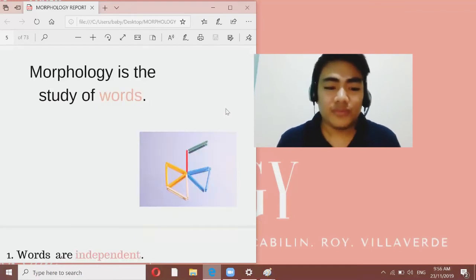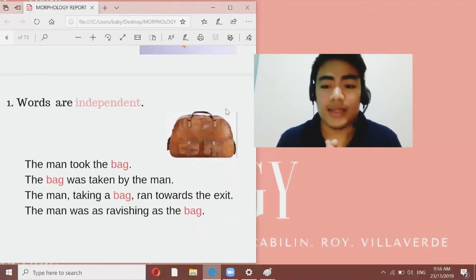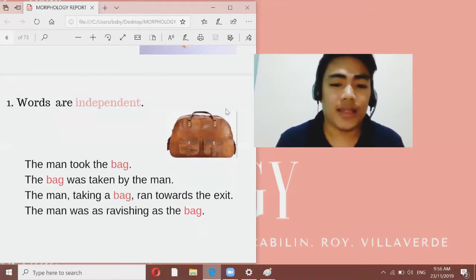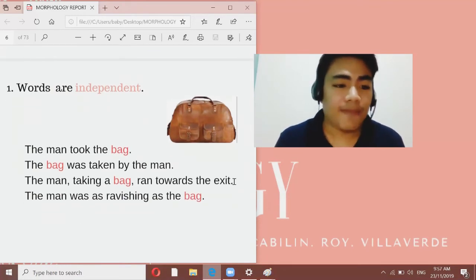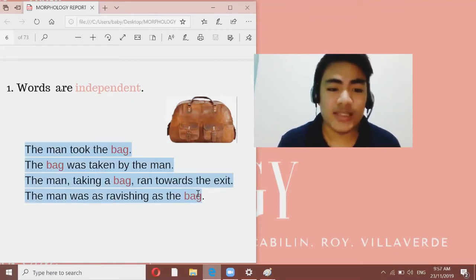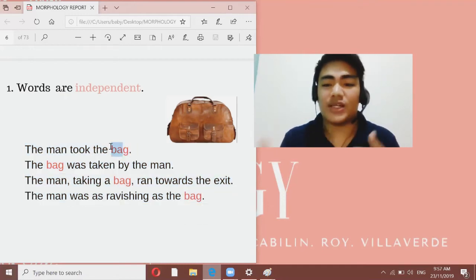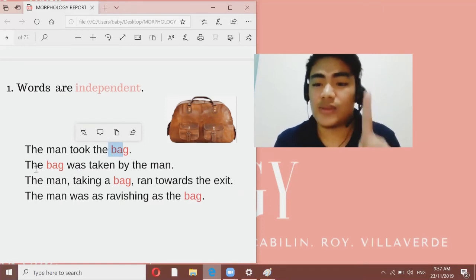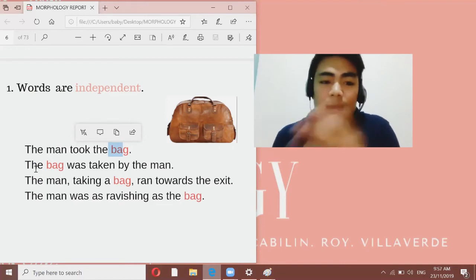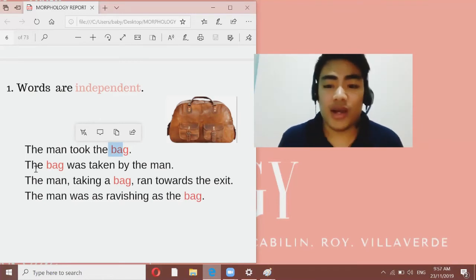So, how do we define words? Words are independent. That's the first point. Words are independent. In what way are they independent? If you try to study the following sentences, you can see that the word bag actually appears in different locations in a sentence. So that's one proof that they are independent. They can exist anywhere, unlike